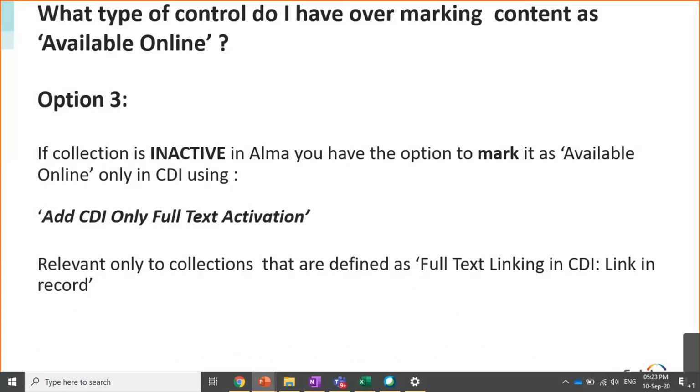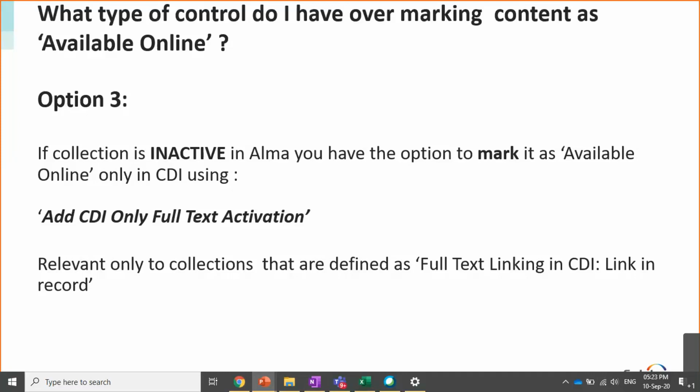Only if the collections in CDI have direct access to full text within the records is this option relevant, because otherwise, if you have a collection in Alma that is inactive, but the linking is done through the Alma link resolver, then you would get dead links from CDI.